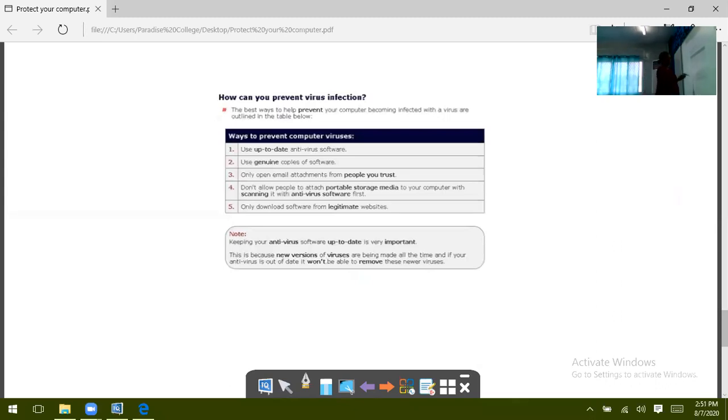One is to always update your antivirus software. Update it. Don't use the one that is 3-4 years old. You have to update it all the time, because these viruses are made every day, and whatever you have, your antivirus is going to be